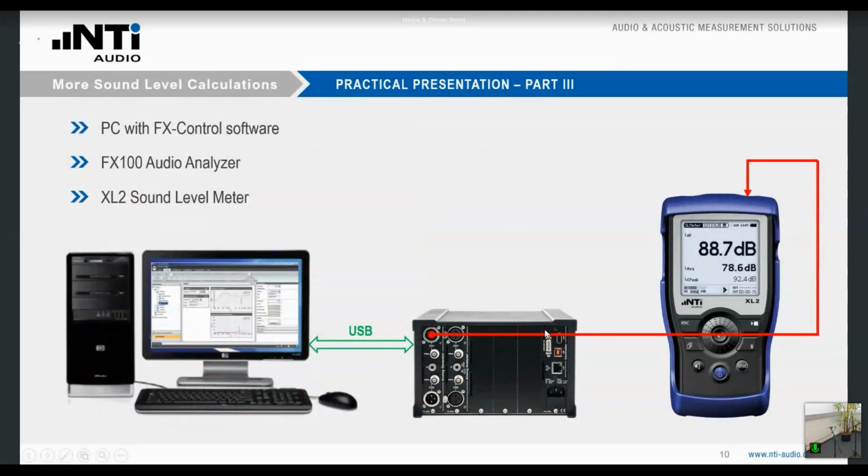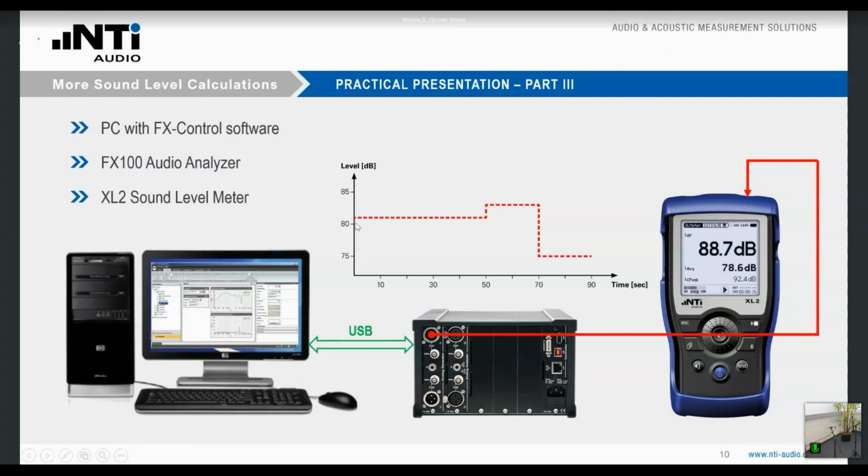Well, I also want to show you this application in a practical example. For this purpose, I have connected my Flexus generator directly with the XL2 with an electrical connection. And of course, I cannot show you an 8-hour presentation here. I will squeeze that down into 90 seconds, 1.5 minutes.